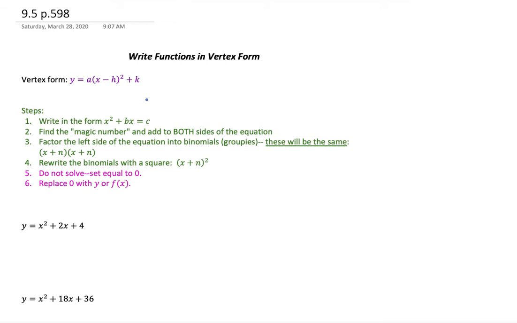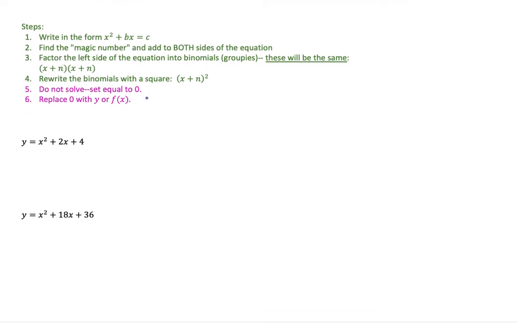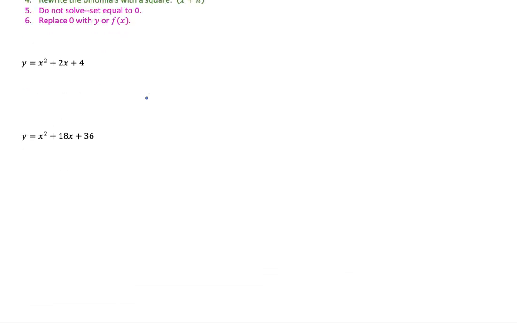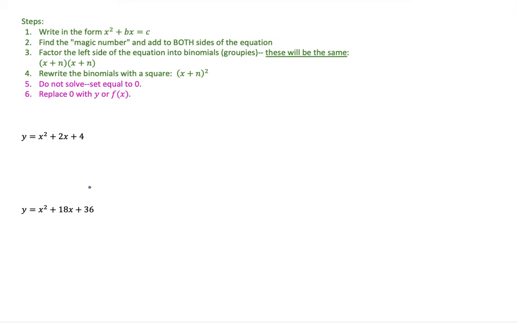I would say I don't use completing the square that much to actually solve problems, but I do use it to rewrite functions into vertex form. I do use it a lot for that. So let's go ahead and see. I only have 2 examples because I think you'll catch on pretty quick to this. So just so you know, this y you're going to replace with 0. Okay, so 0